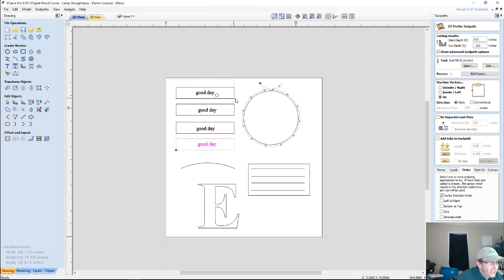Because when it finishes with this board and it moves over and it starts cutting this one, I can take this board off of the table and put a new blank board in its place, and that way when it finishes all 5 boards, I can tell it to start over, and it'll start right back at blank board number 1 and work its way through